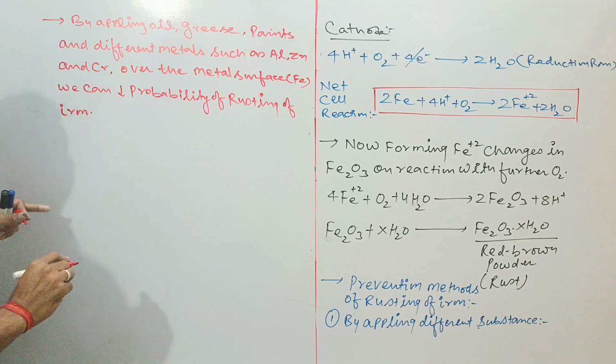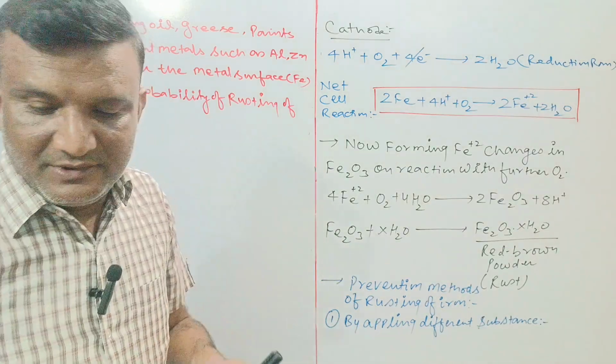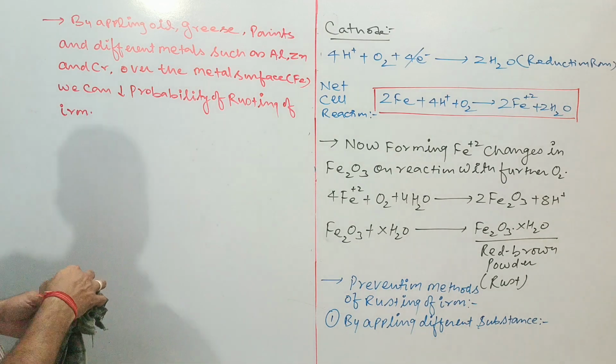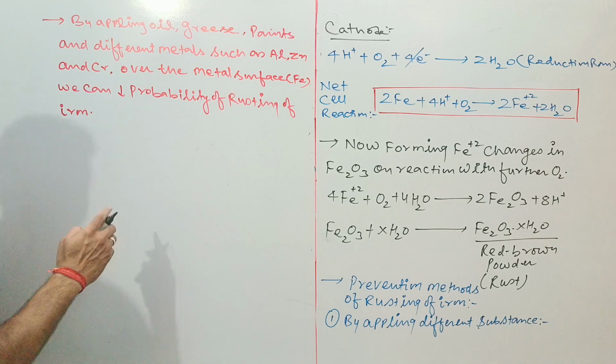इन मेटल्स का उस आयरन की सरफेस पे कोटिंग करके हम रस्टिंग ऑफ आयरन को कम कर सकते हैं. जस्ट सेकंड फैक्टर इज